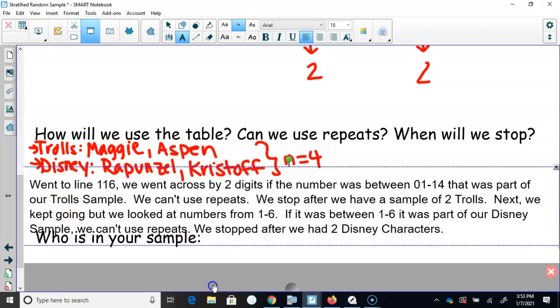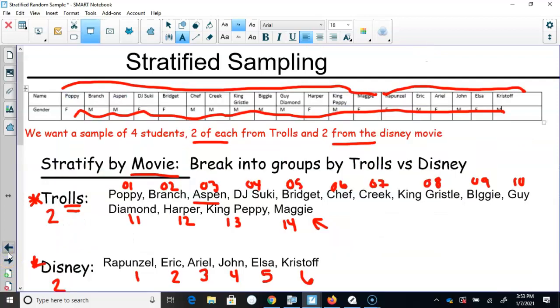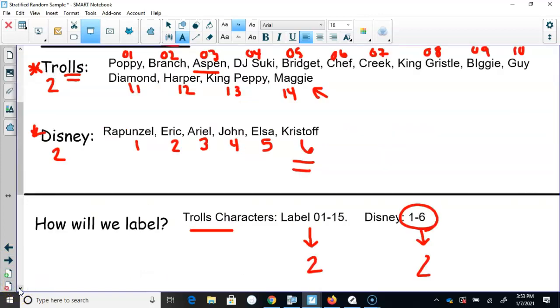And then finally, you always have to say what your sample is. Well, I like to do the sample first. This, guys, was a stratified random sample, okay? Again, what's nice about a stratified random sample, ladies and gentlemen, is it gets something that is more representative, okay? We noticed there was a difference between the trolls and the Disney characters. And apologize for the gender, that's really just not necessary right there. I went fast, so hopefully you were pausing, slowing where you needed to, or stopping where you needed to. And we'll go through questions